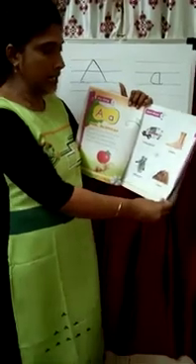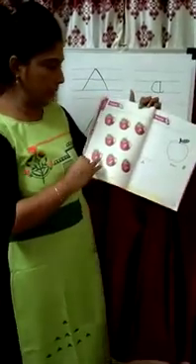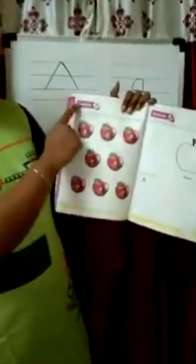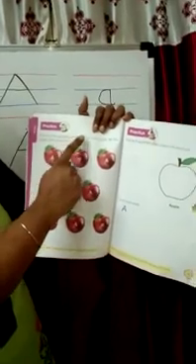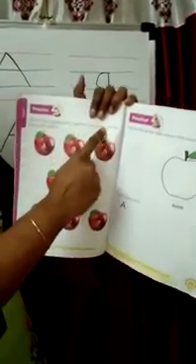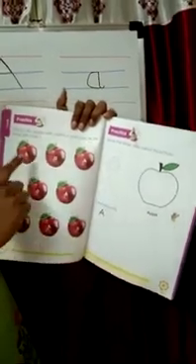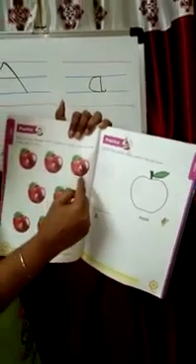Now kids, you just revised your lesson at home. Now see, you just turn the page number 20. See, practice. Tick the apples with capital A and cross the ones with small a. Mama A with tick and Baby A with cross. See, here are Mama A. You just tick.